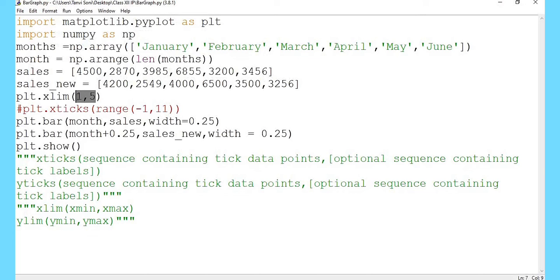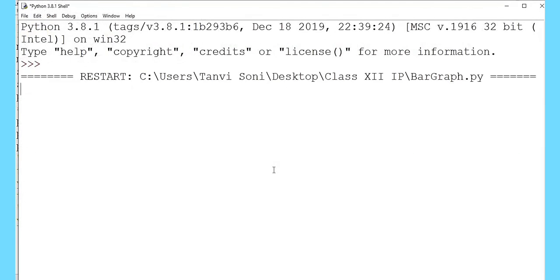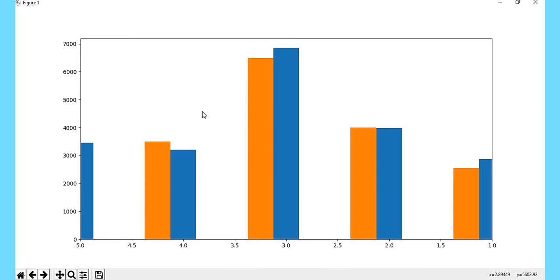If I change the x minimum value to x maximum and x maximum to x minimum, the bar chart that has been plotted has been flipped. Now the range begins with 5 and ends at 1.